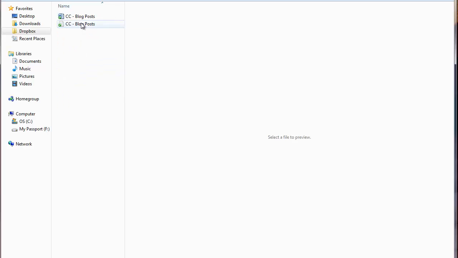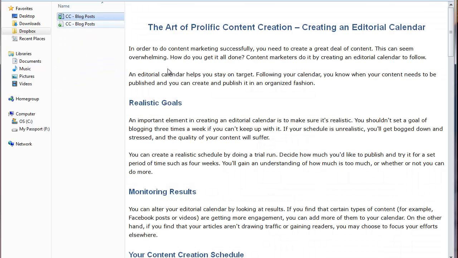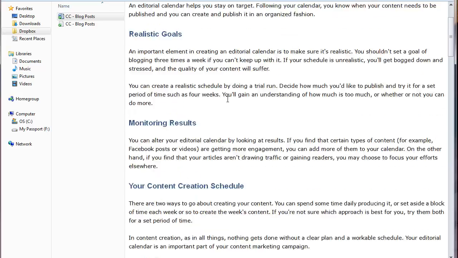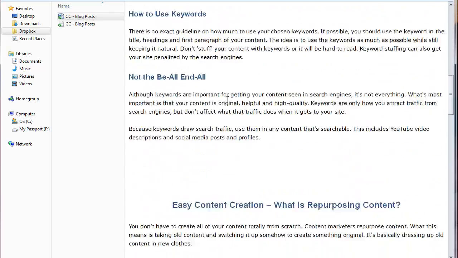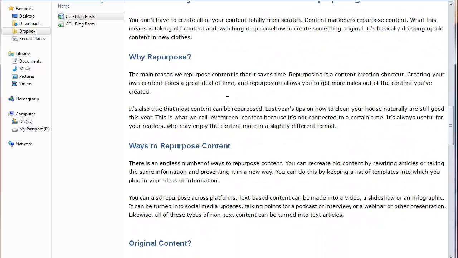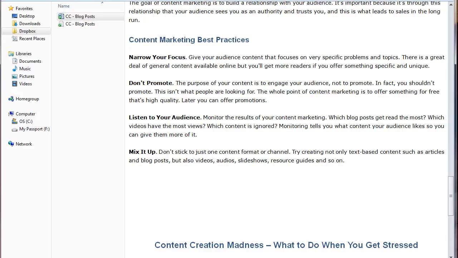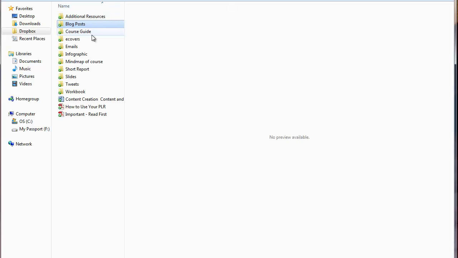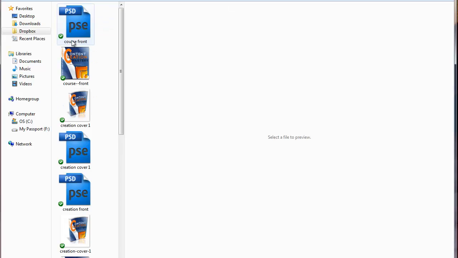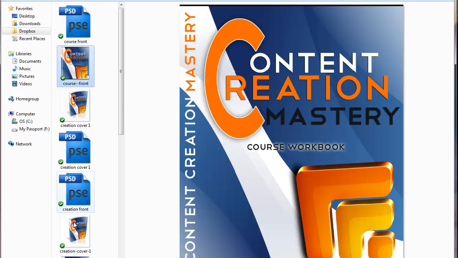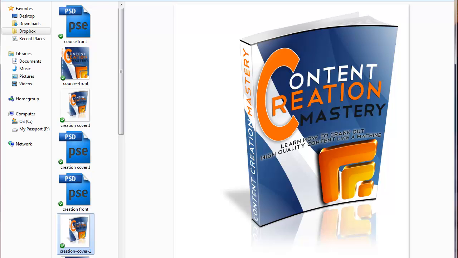There are some different promotional materials as well. So for instance, there's some blog posts, 5 blog posts that you'll get on different topics, and you can use those in other ways too. You could even use them in emails, make them into articles. Because they're all divided up nicely, you could put them onto slides. There are e-covers, right? Those will be good for promotion. They come in PSD as well, so you can edit those, and they're in a few different styles.